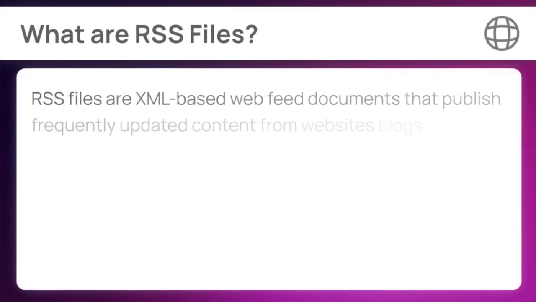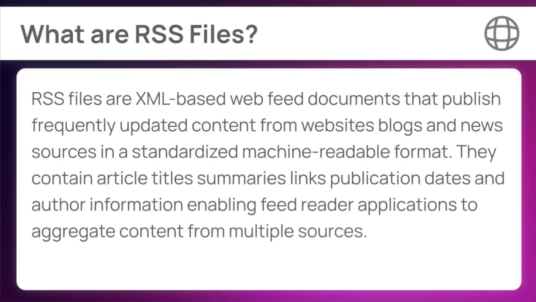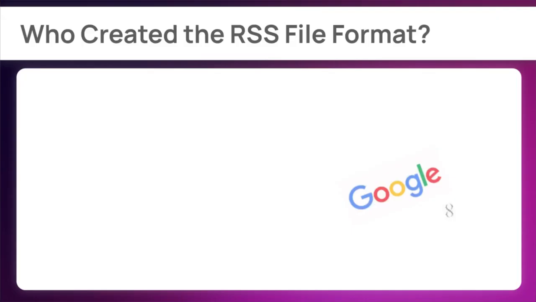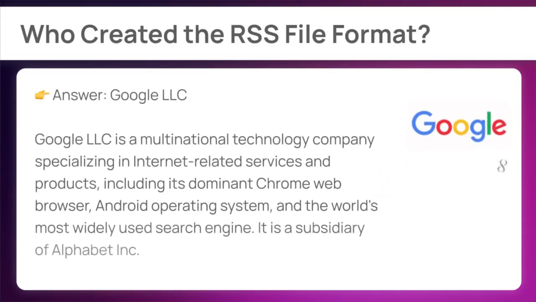RSS files are XML-based web feed documents that publish frequently updated content from websites, blogs, and news sources in a standardized machine-readable format. They contain article titles, summaries, links, publication dates, and author information, enabling feed reader applications to aggregate